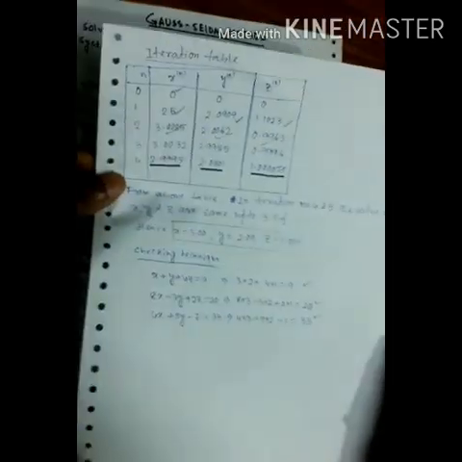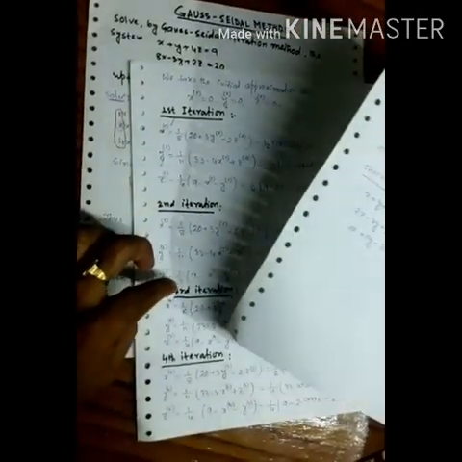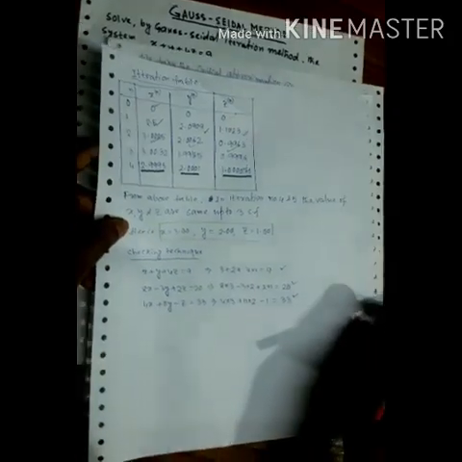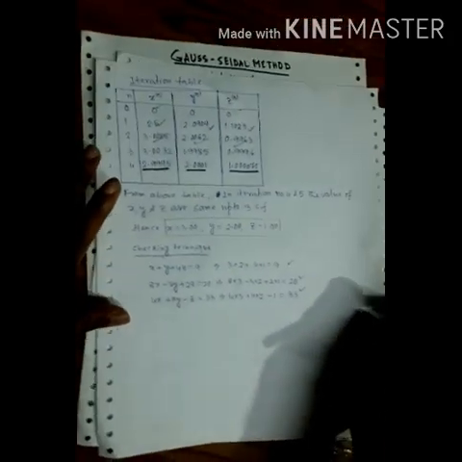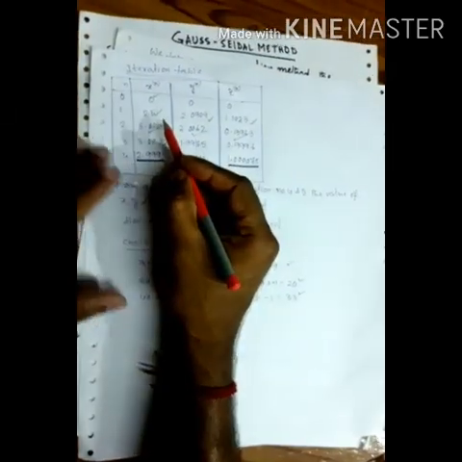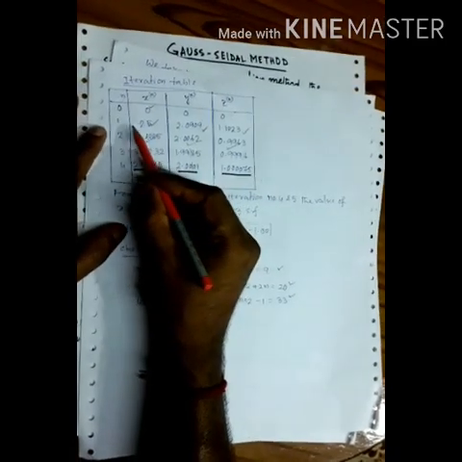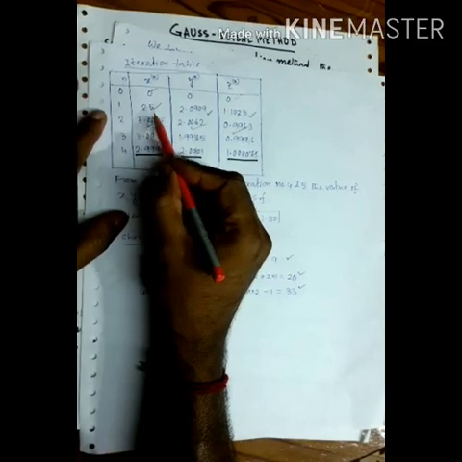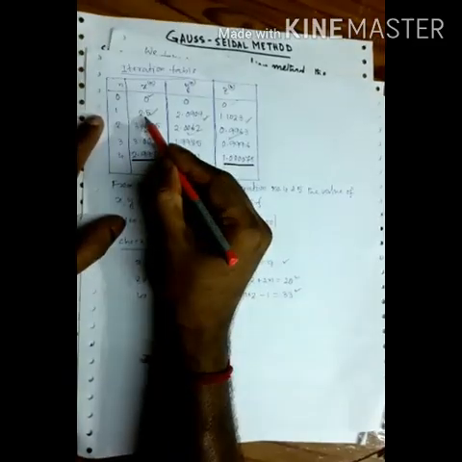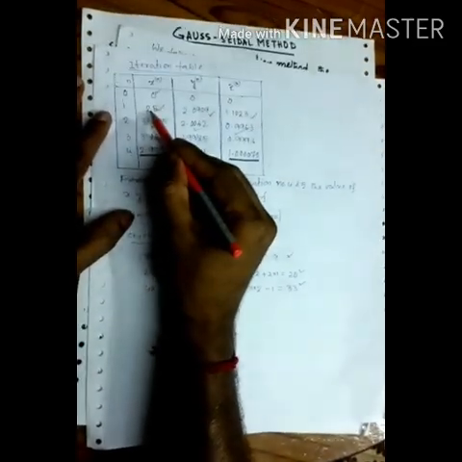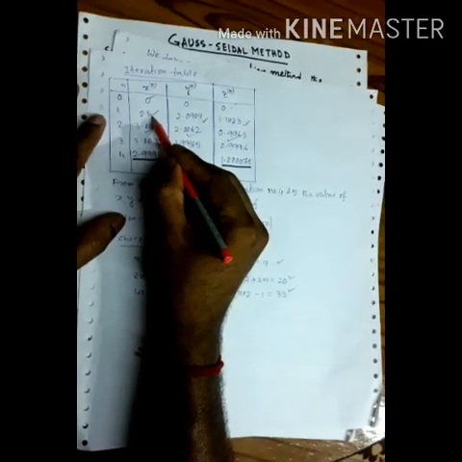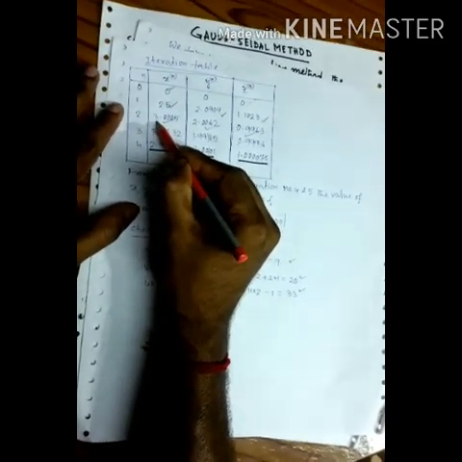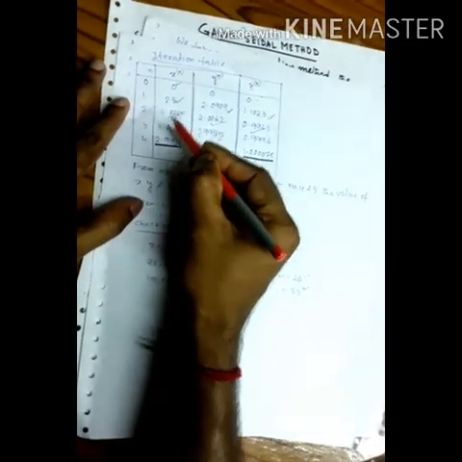So continuing this process. Now here consider the iteration number 3 and 4. Now one more important thing is here, how many iterations we will consider. So look at, very important thing there. If the two consecutive values are same after certain decimal places, then stop the iteration. I think in iteration number 1, value of x equal to 2.5, and in iteration number 2 value of x equal to 3.0. I think these two are not same. Then go through the next two.